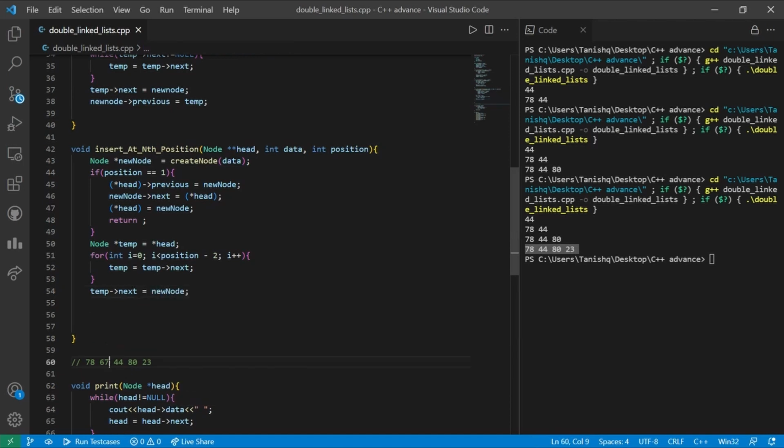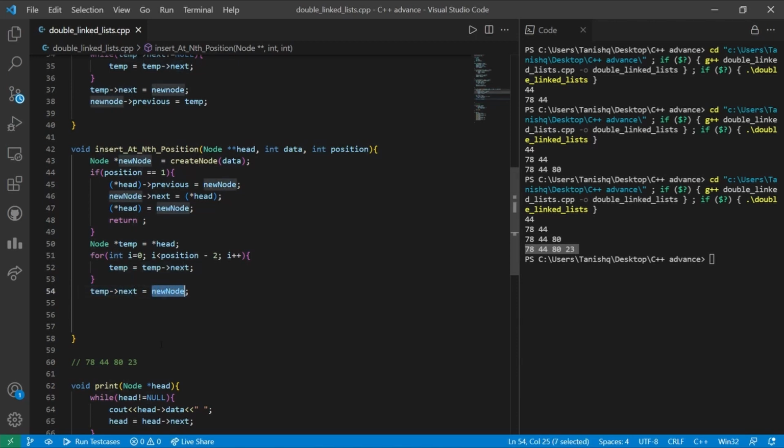In order to access the 44 over here, the 44 is temp dot next, right? So the previous temp dot next was 44.